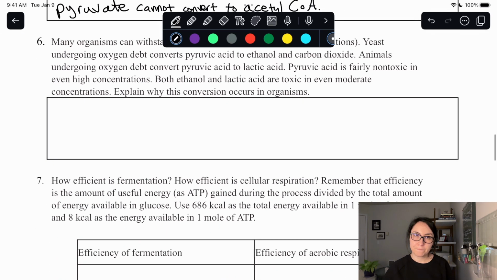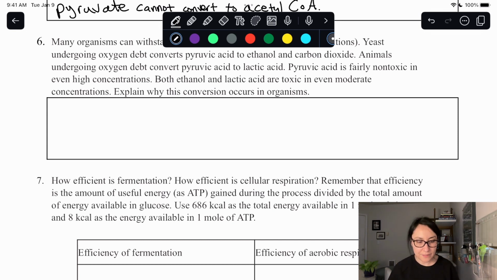Okay? Next one. Now, this one's asking, many organisms can withstand periods of oxygen debt, aka anaerobic conditions. Yeast undergoing oxygen debt converts pyruvic acid to ethanol and carbon dioxide. Animals undergoing oxygen debt convert pyruvic acid to lactic acid. Pyruvic acid is fairly non-toxic in even high concentrations. Both ethanol and lactic acid are toxic at even moderate concentrations. Explain why this conversion occurs